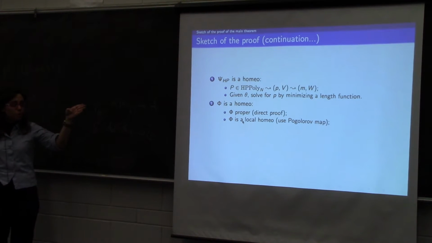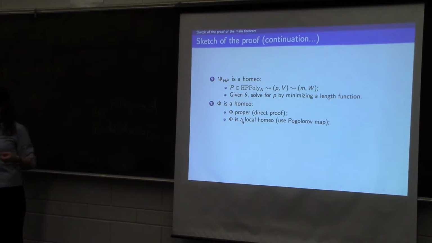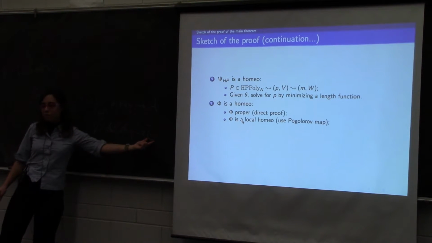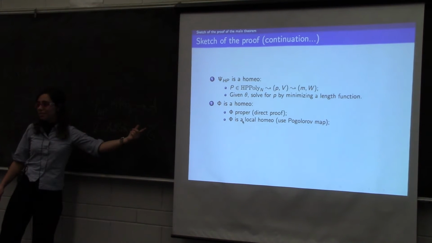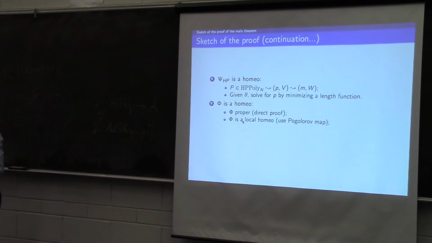Okay, so properness and local homeomorphism give you that the map is a covering, and now we just need to show that it is degree 1. Teichmüller space we know a lot about, so we know that it is a ball, and then we know that this space is connected, and so we can conclude. And now the